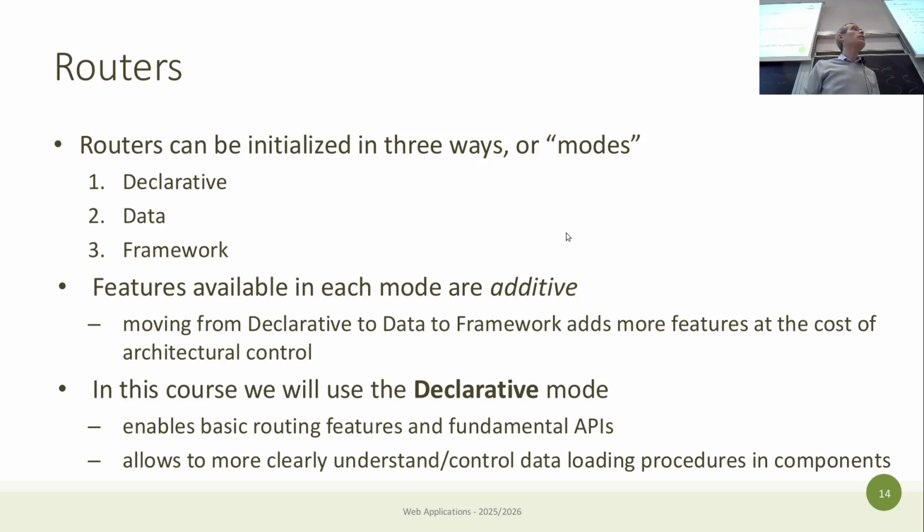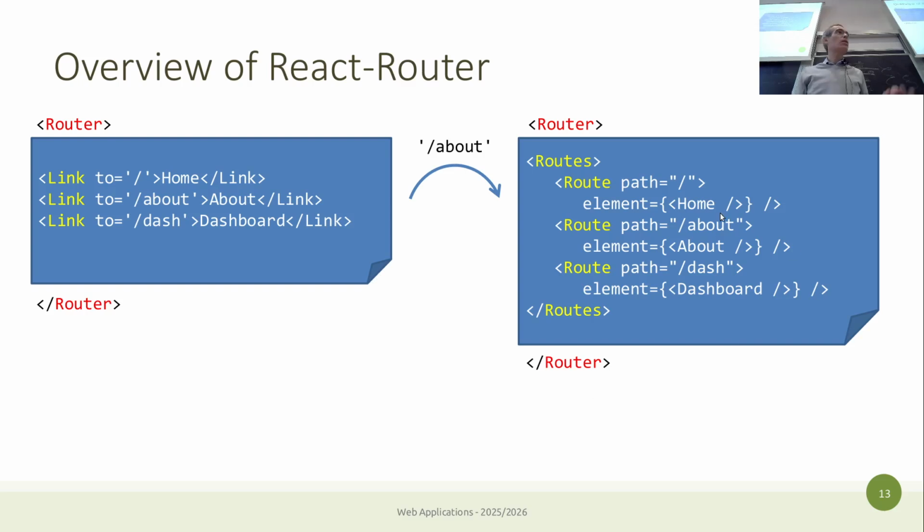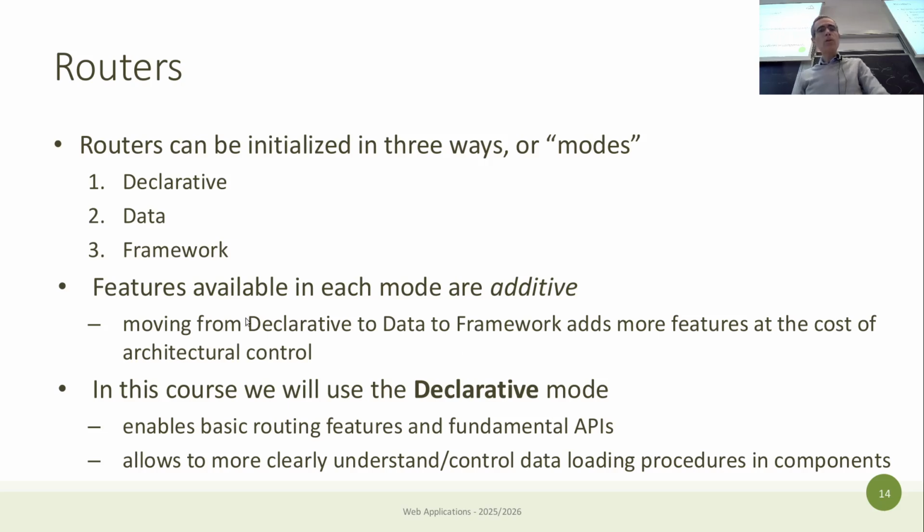So routers can be quite complex. We will use the simplest mode of this library, which is called the declarative mode, which is what we just saw. Okay, so routes, a list of routes with the URL and with the component that needs to be rendered. Okay, and the rest happens automatically. When we need the URL, we insert a link or an event handler that navigates to that link, and that's fine. Okay, so